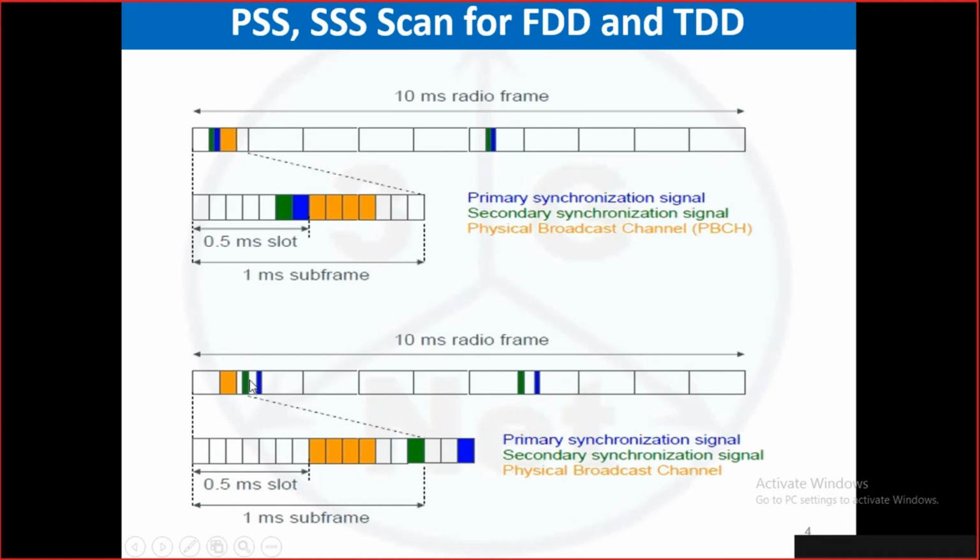Your SSS is unique. This SSS in a frame and this SSS in a frame, are they the same? No, they are different. So it knows whether it is subframe 0 or subframe 5. In case of PSS and SSS being together, it knows that the beginning is this many symbols ahead, or the next subframe is this many symbols later, whatever your calculation is. And it knows the frame boundaries and subframe boundaries. That means it acts as a marker for everything.